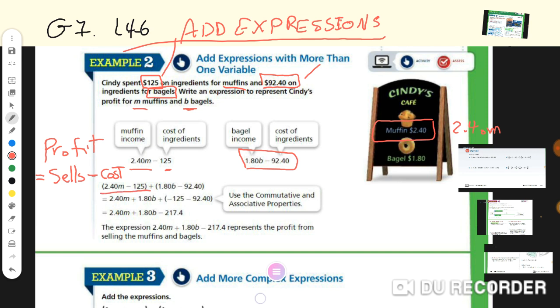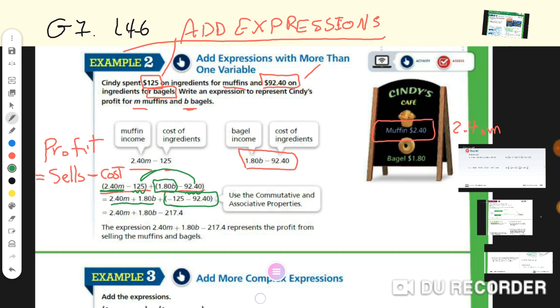We will add the first expression plus the second expression and collect like terms. As you see, M is a term and there is no other M. B is another term and there is no other B. And the numbers are like terms, so I have only two like terms, which are these two numbers. So we first write M and B without adding them together because they have different variables, different letters, and we can add the last numbers, which are negative